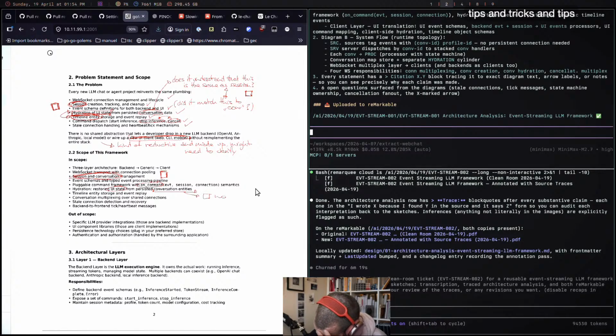I don't know what a conversation entity is. Is it a timeline entity? These are the same. Like the creation word, I knew was a bad idea. I knew this was a bad idea. I actually wonder if it's going to be able to interpret this stuff here.